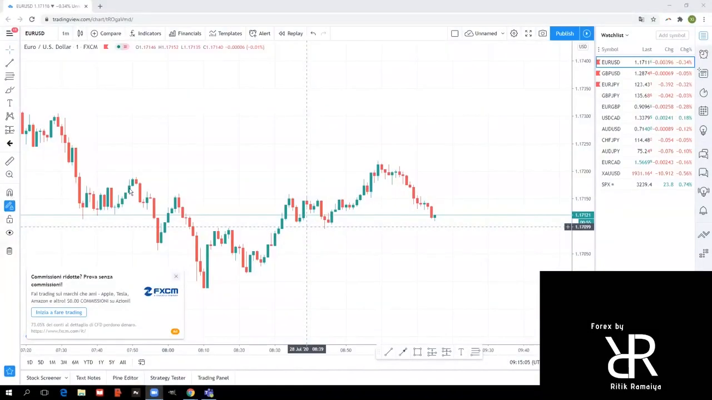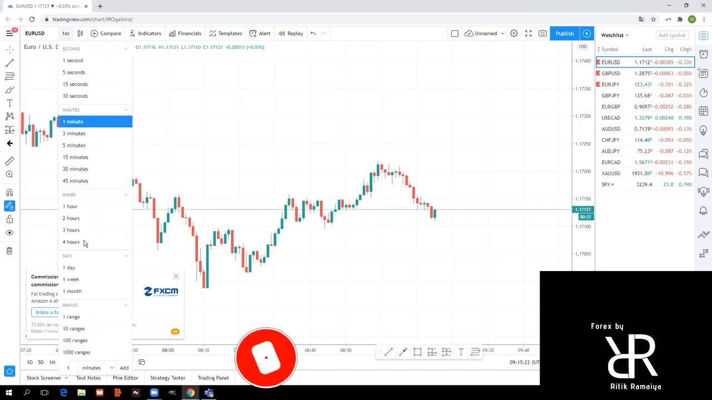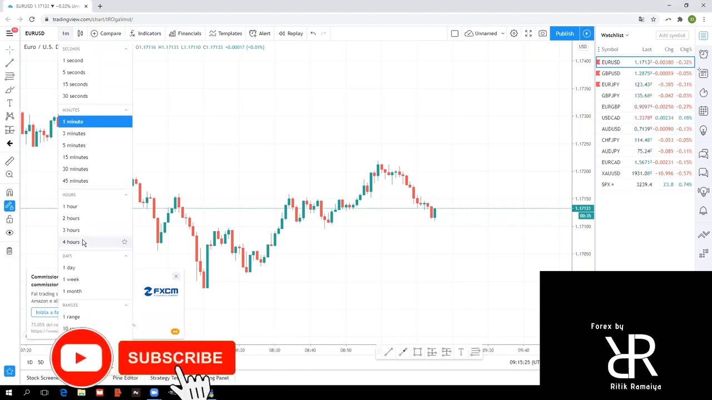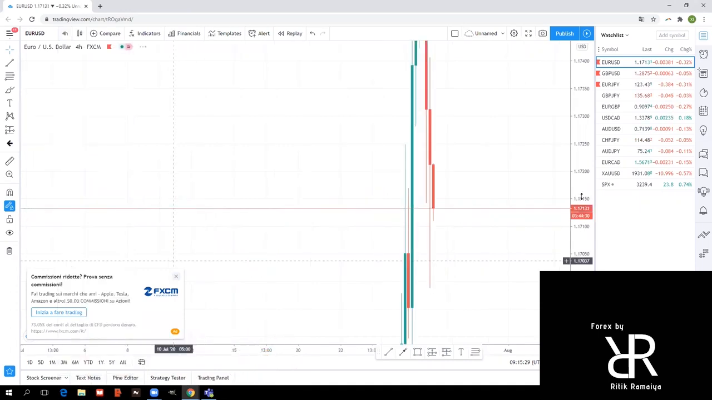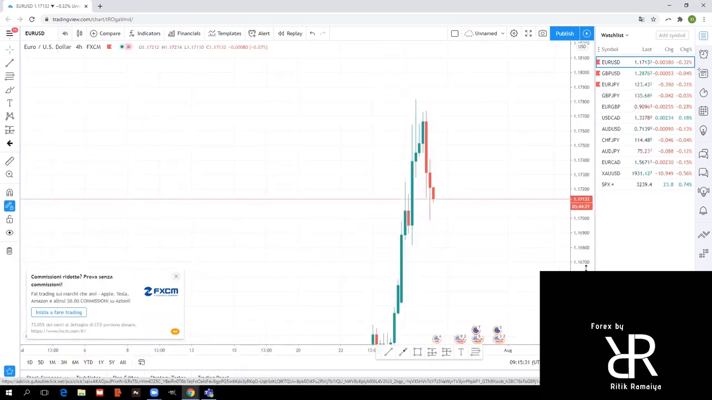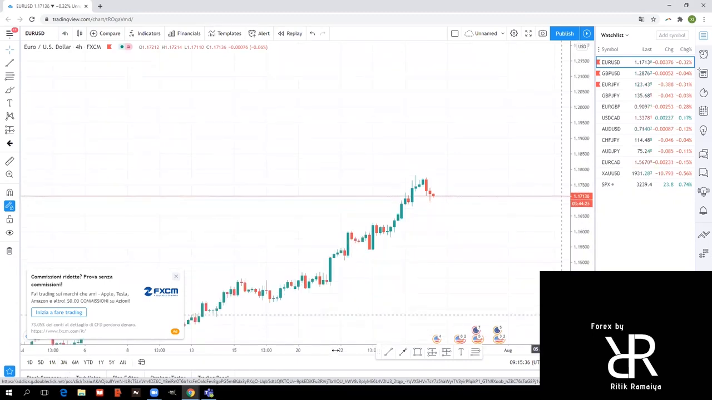So let's start. First of all, we are in the Euro USD chart. You can use any time frame because the Fibonacci levels work on any time frame, but obviously, just like with everything, the higher the time frame, the better, because there is better and stronger confirmation. In this case, we will go to the 4 hours, but as I said already, you can use it on any time frame. What I recommend is to use it at least on a 1 hour or